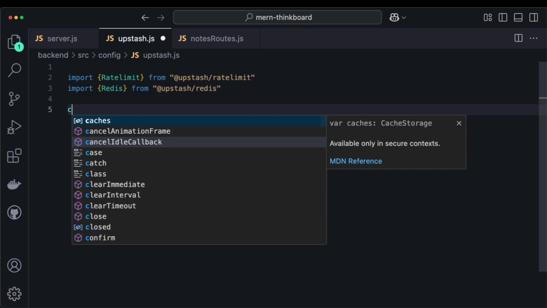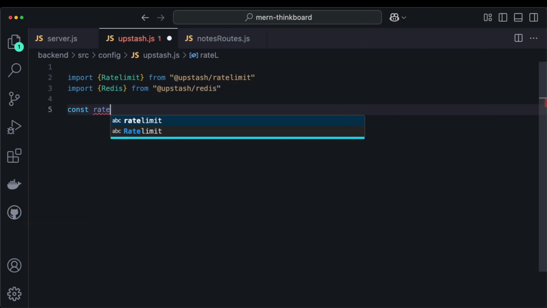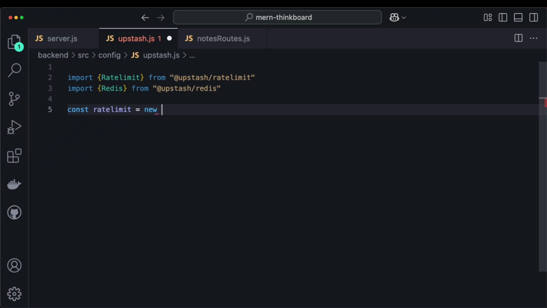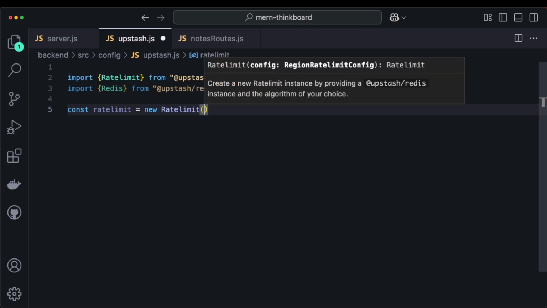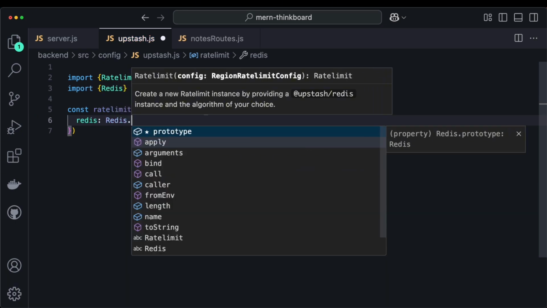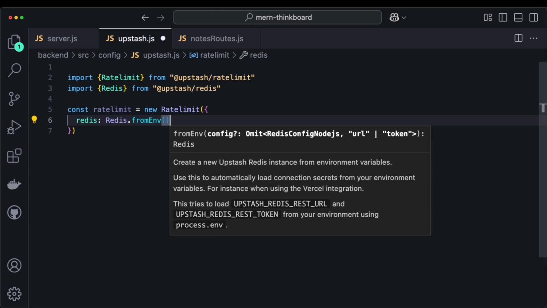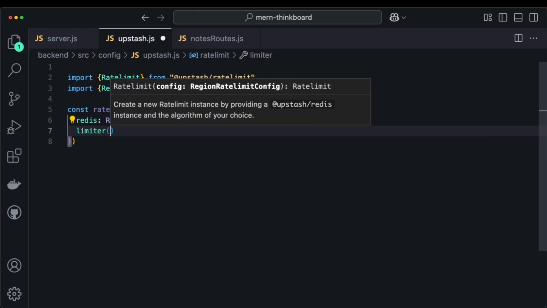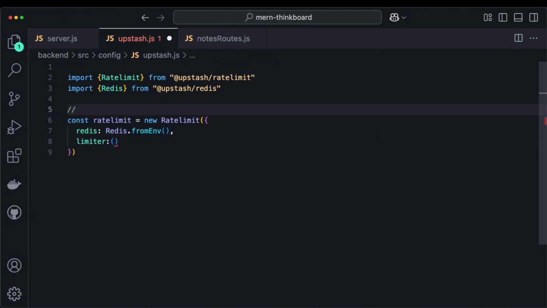Okay, now let's go ahead, type this out. I'll say create a rate limit object. So let's say new rate limit, and it is really simple. All we have to do, pass the Redis where we'd like to read it from the environment variables. So I'll say Redis.fromEnv, and then the limiter. Now, what do you want to happen, right? In my case, I'll just put a comment. I'll say I want to create a rate limiter that allows 10 requests